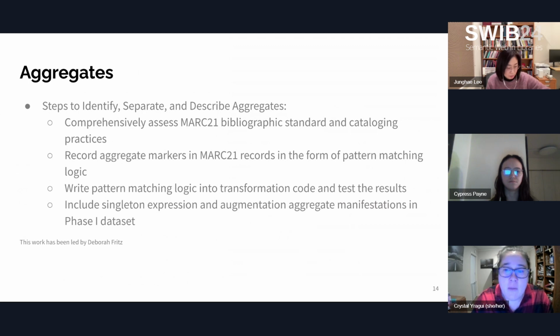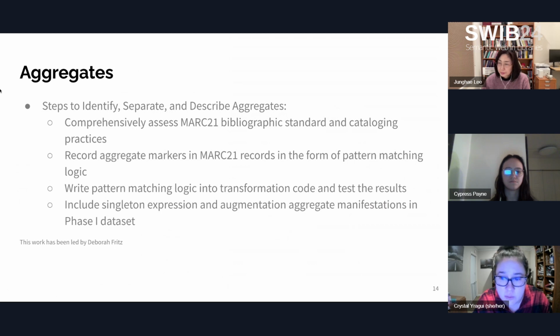We started by comprehensively assessing the MARC21 bibliographic standard and cataloging practices for aggregate and singleton expression manifestations in legacy data. From there, we recorded a list of reliable logical patterns that could be used to flag types of aggregates. This work was led by Deborah Fritz.